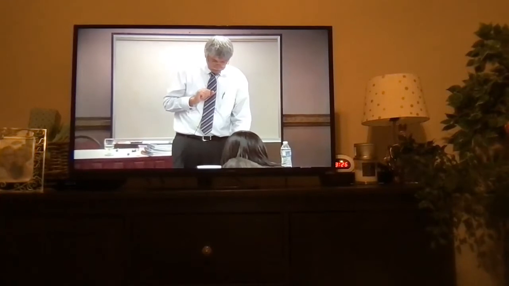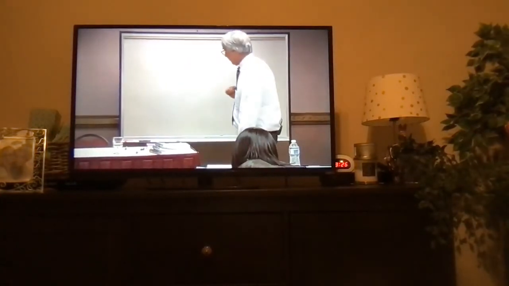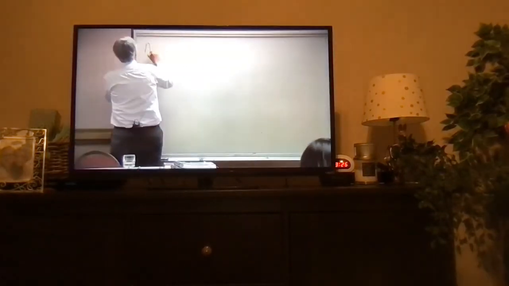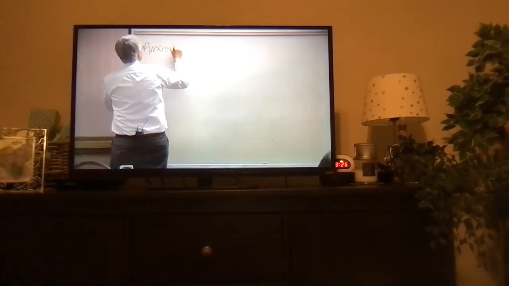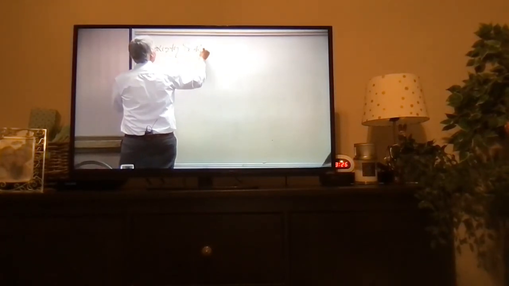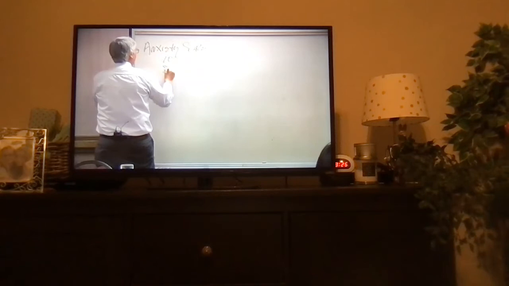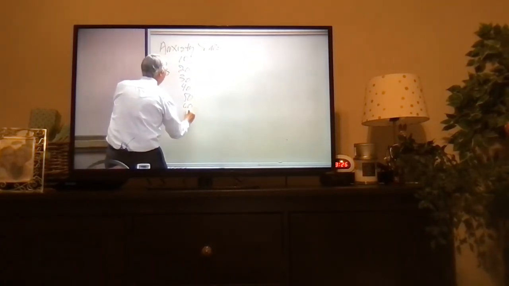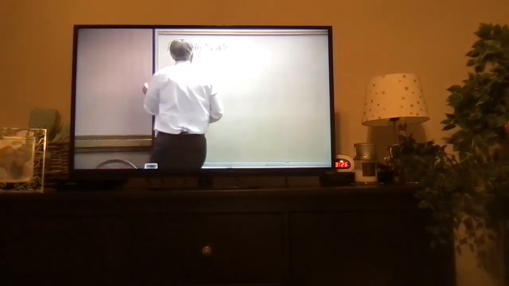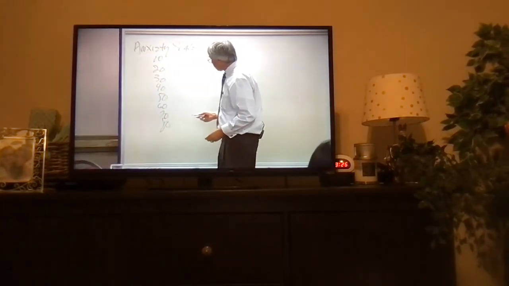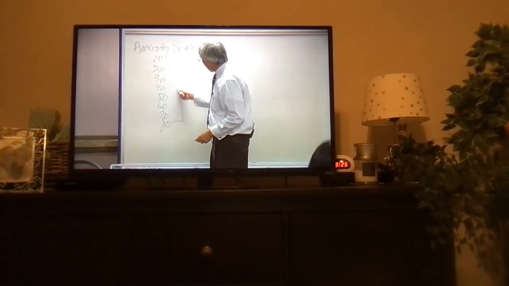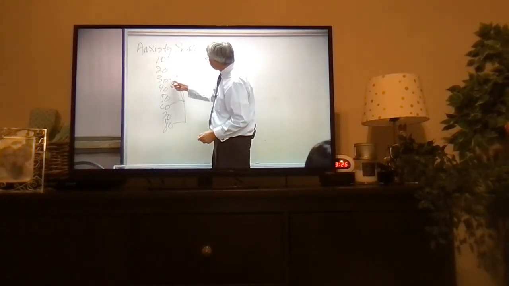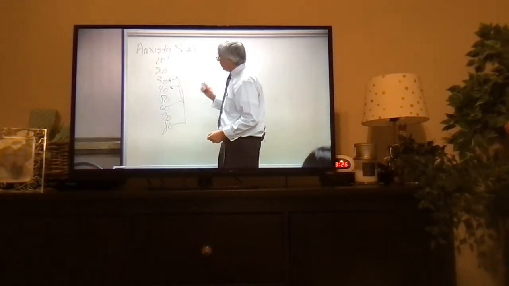Now, the next kind of measurement is called ratio scaling. And let me give you an example of a ratio scale. Let's say that I had a new scale inventory called an anxiety scale, and these were the possible scores on it. On a ratio scale, somebody with a score of 80 is twice as anxious as the 40. The 60 person is twice as anxious as the 30.